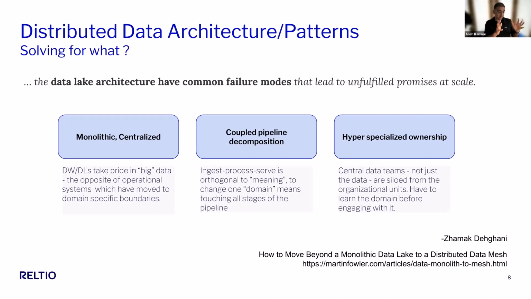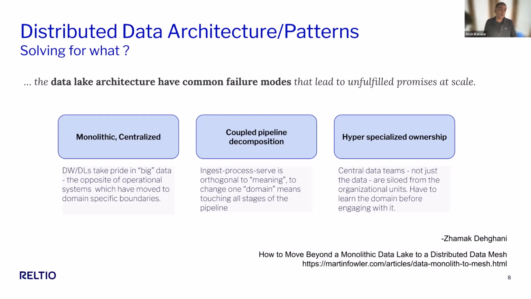Like the promises of the data lake, what else needs to happen to be able to fulfill them at scale, right? And that scale piece is very important, because where this started was big data, really big data, but as we can discuss perhaps in a little bit, the implications of these architectural patterns actually apply to even the smallest shops that are trying to derive value from data.